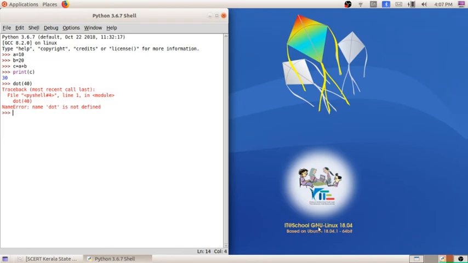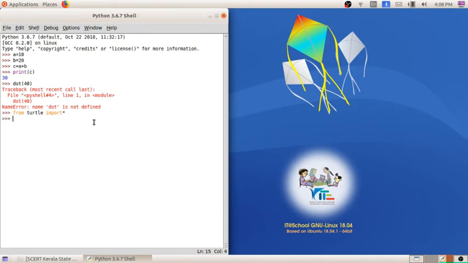So I am writing from Turtle import star. This is needed to define these specific commands. We are importing these commands from the library Turtle.